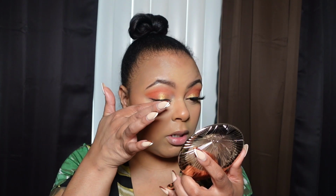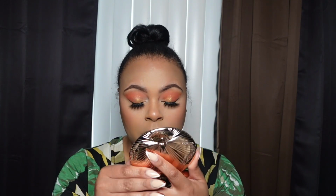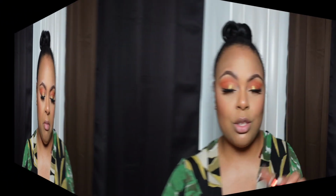Whew. These lashes gave me hell trying to put on. They are extremely long and just flare out, where I feel like they don't really flatter my eyes because it's just a little too much for me. Definitely not for everyday wear, in my opinion. For me, maybe stepping out, you know, going on a date or going out with your friends, maybe I can do something with these lashes, but other than that,